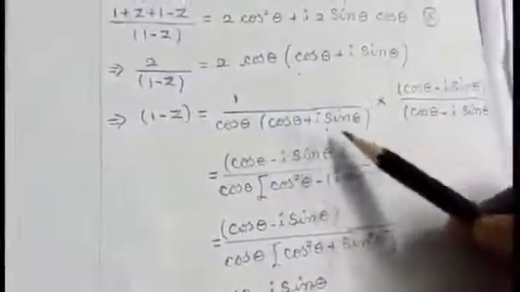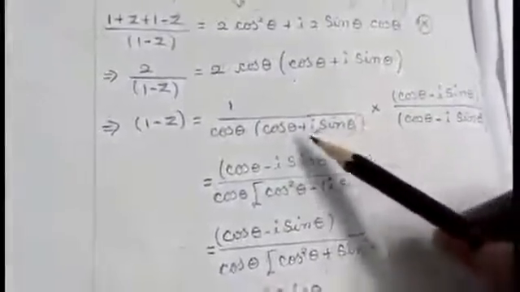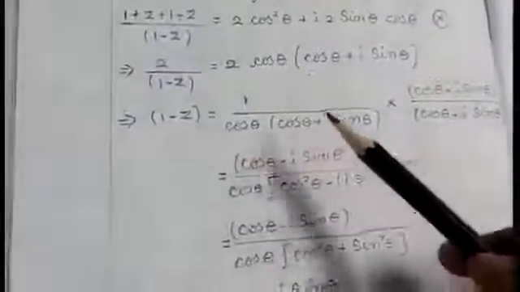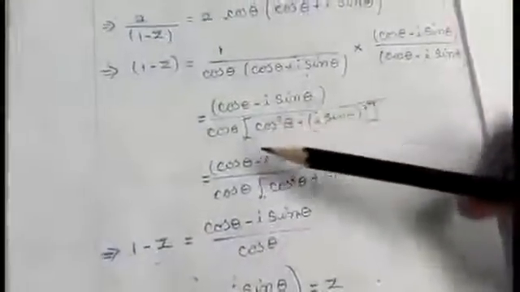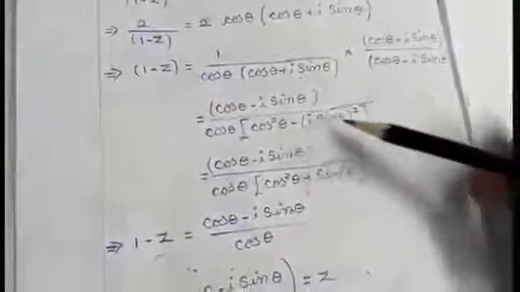In this place, I am going to take the conjugate. That is cos theta plus i sin theta. Instead of plus, I am going to divide and multiply by cos theta minus i sin theta. If you multiply, I am doing my calculations only on the right hand side. Cos theta minus i sin theta divided by cos theta into, that is (a plus b) into (a minus b), so this can be written as a square minus b square.